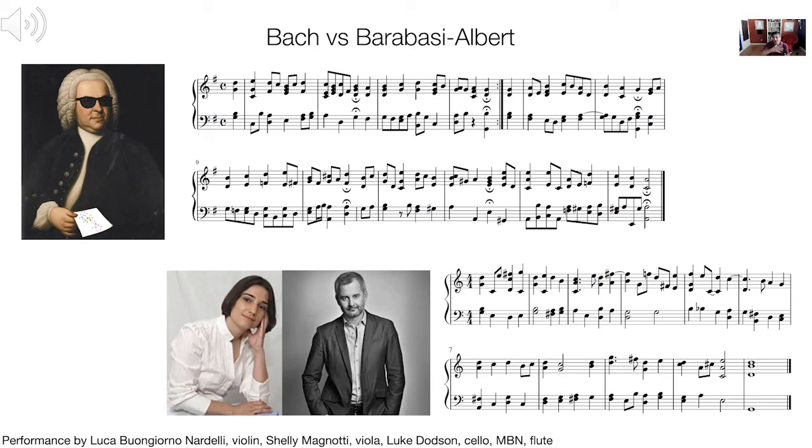It has an evolution that is in a way compatible with what we hear in Bach's piece. So this is an interesting avenue for designing agents of autonomous composition, for instance, by extracting specific rules from the analysis of the corpus of a particular composer, and then using those rules, those statistical distributions of probabilities and these networks that can be built with these ideas for the composition of a different piece in the same style or in the same verve of the original